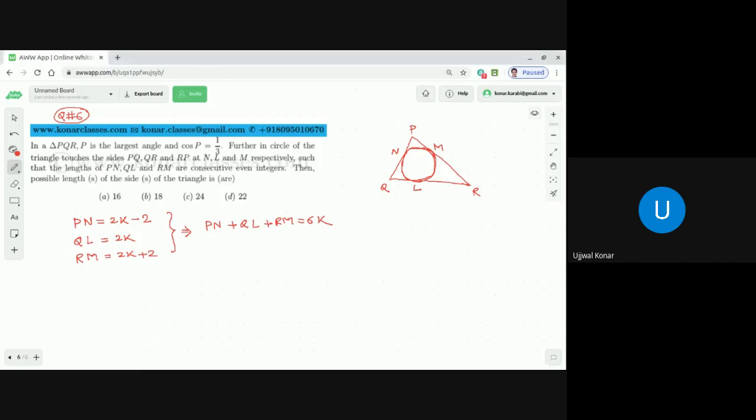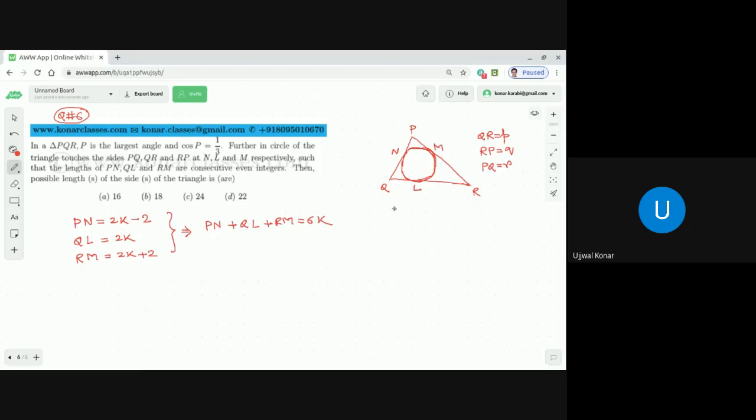So let's assume that QR is equal to P, as the angles P, Q, R are different angles. If we assume QR is equal to P, then RP is equal to Q and PQ is equal to R. Suppose we get these three. Now, as QR equal to P, and out of that QL is equal to 2K,